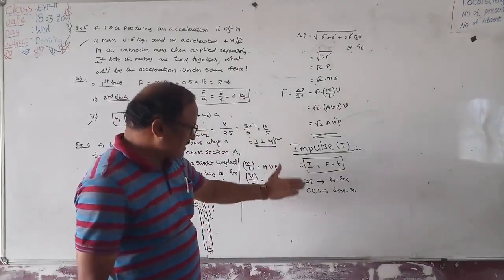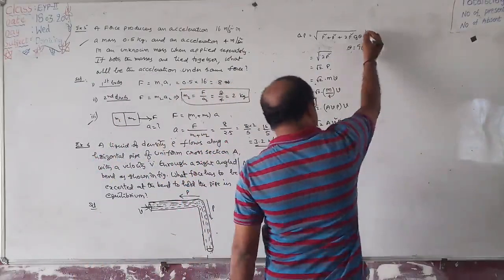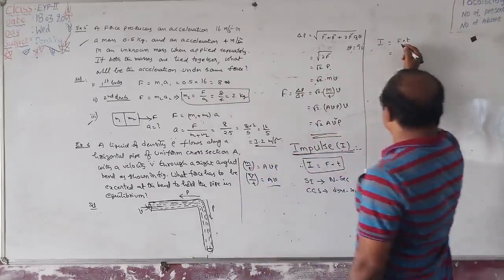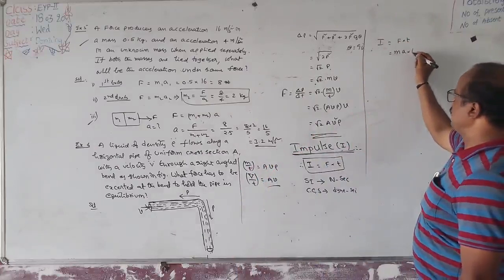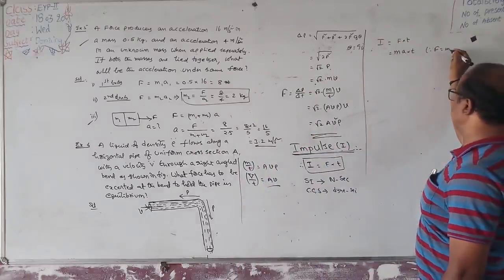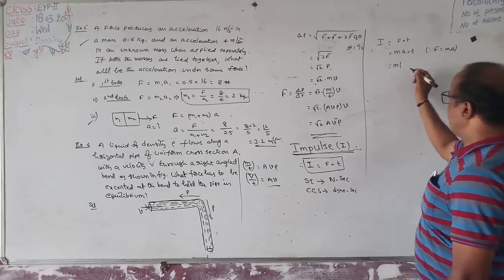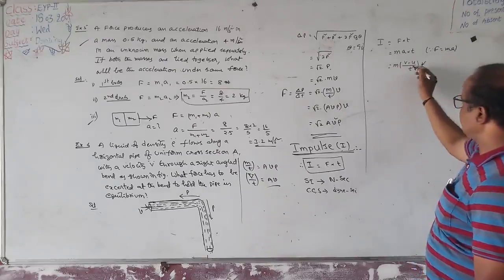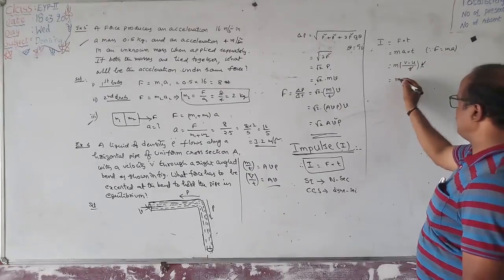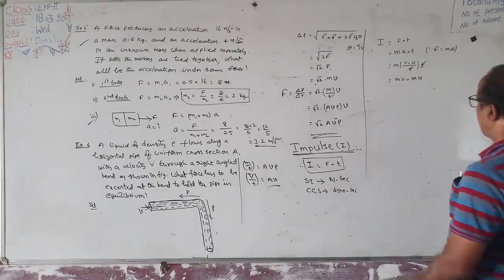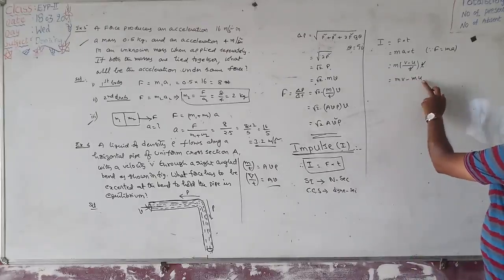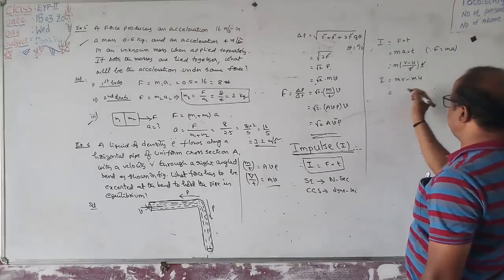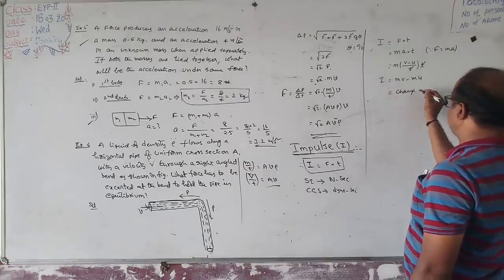Next one, how is this impulse measured in general? Now here, impulse I is equal to, from this formula, F into t. From Newton's second law, F is equal to ma, so F into t is equal to m into acceleration a, which is change in velocity by time, into t. T cancels, m into v minus u, or mv minus mu. What is mu? Initial momentum. mv, final momentum. And this is equal to I equal to mv minus mu. This is also equal to change in